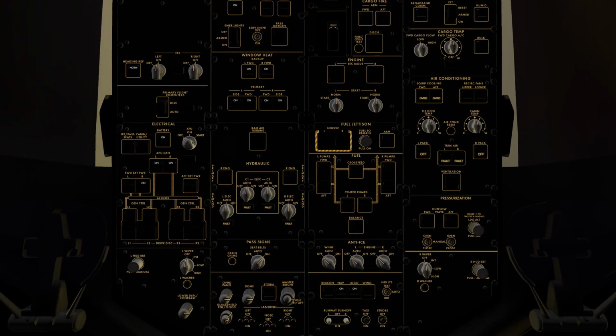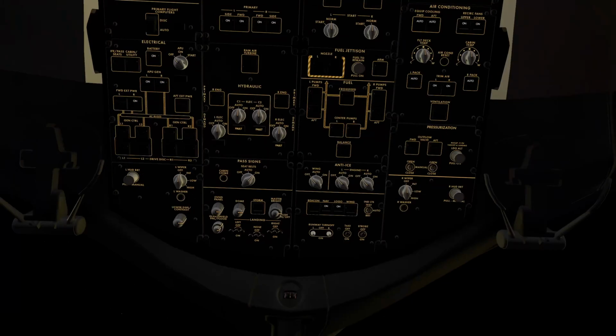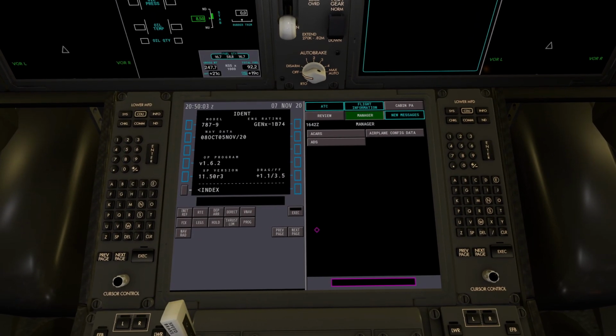And let's head over here, keep the cooling, recirc fans, packs and trim can come on. It's looking fine up there, everything else is looking good. Alright, let's head down here to the FMC